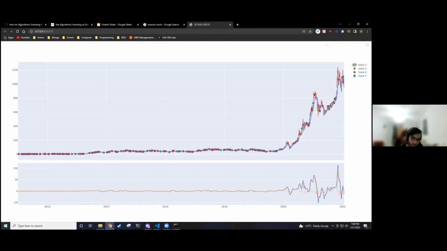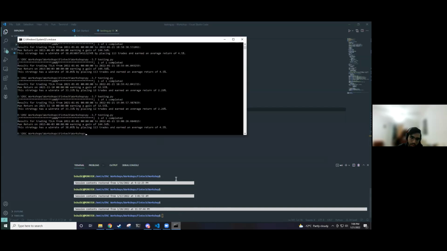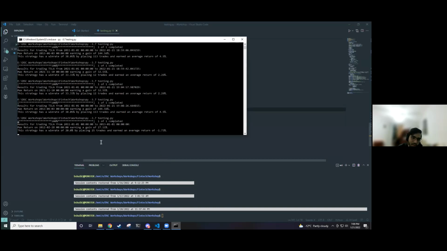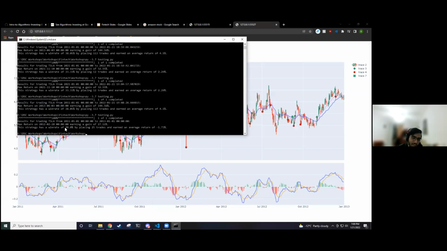Let's isolate the horizontal part of the graph. So you go from 2011 to 2013, sometime in 2013, doesn't matter, right? And it's a very quick change for this testing part of it. Let's run the algorithm and let's see how well it does. And you can see it returns a 27% return, and it's an even worse win rate than before, because